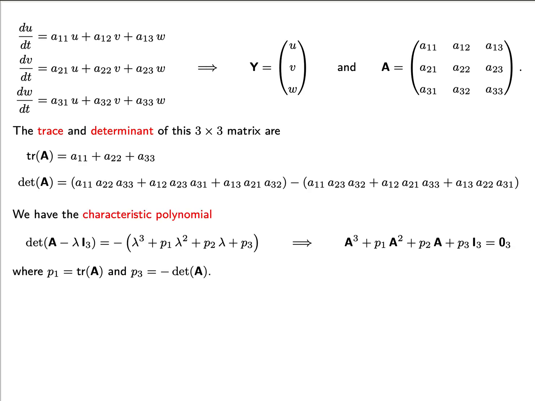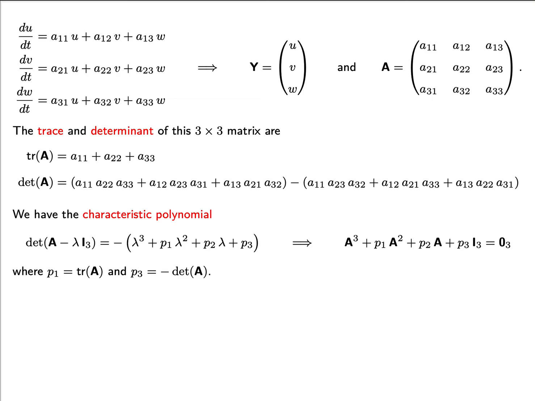Recall that we can compute the characteristic polynomial as the determinant of A minus lambda I3. I3 here is just the 3 by 3 identity matrix. We can express this as a cubic polynomial, lambda cubed plus p1 times lambda squared plus p2 times lambda plus p3. Here, p1 is just the trace of the matrix A, and p3 is negative the determinant of A. p2 is a little bit more complicated to express and cannot quite be expressed in terms of the trace and